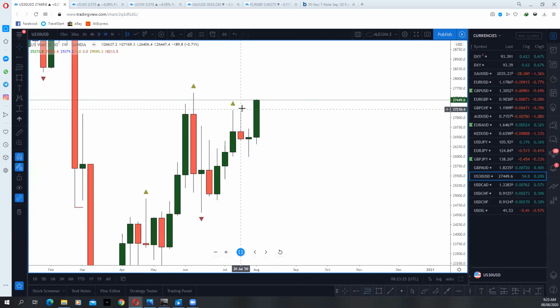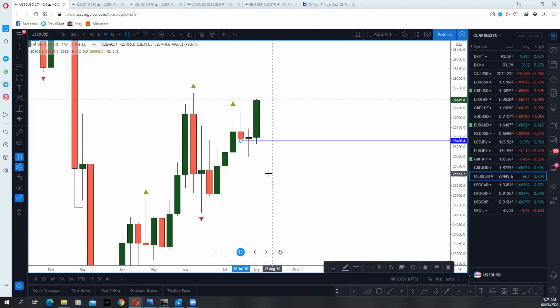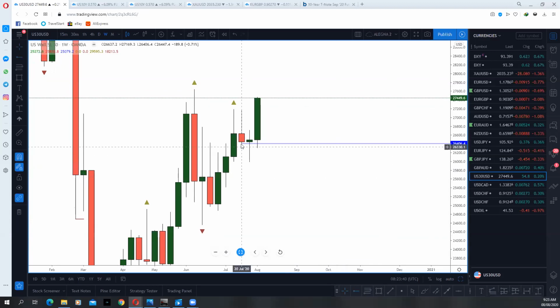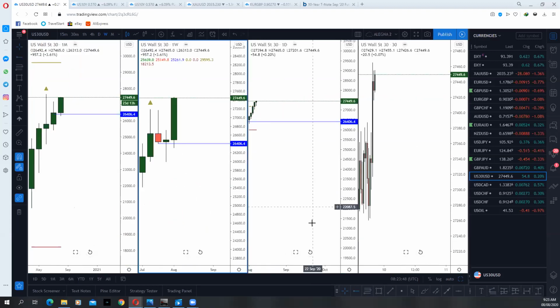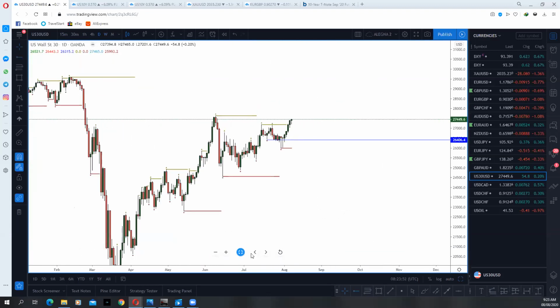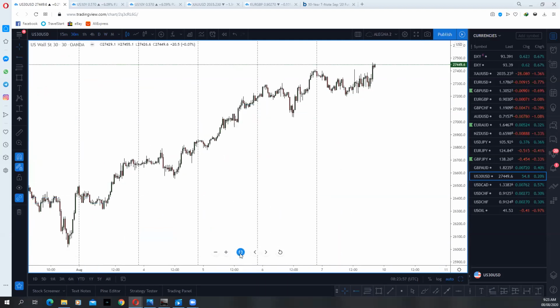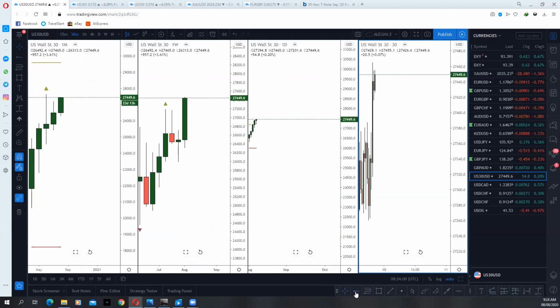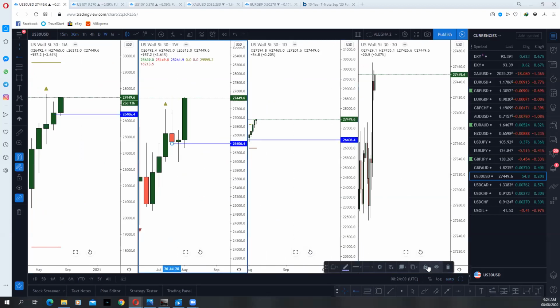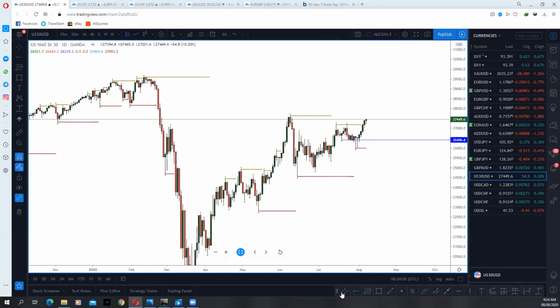I said on this red candle, I remember clearly, I said they've broken the lows. And when you understand this order flow, you can, to an extent, tell what the market is about to do. I said last week that the inability of price to stay below this weekly low points to the fact that they are going to go higher. I said it last week. It's just that this US 30 is very fast. If you don't know what you're doing on this pair, you might go home very, very early. This pair is not for the faint of heart and it's not for the indisciplined.